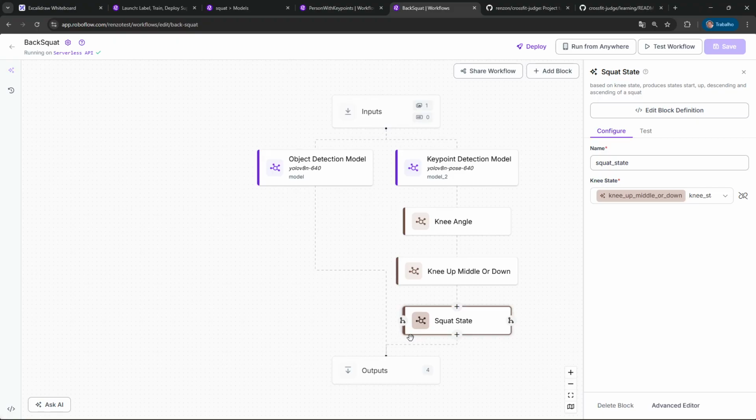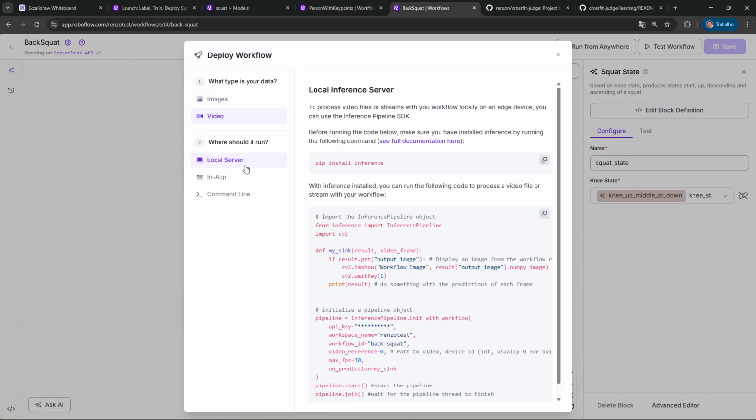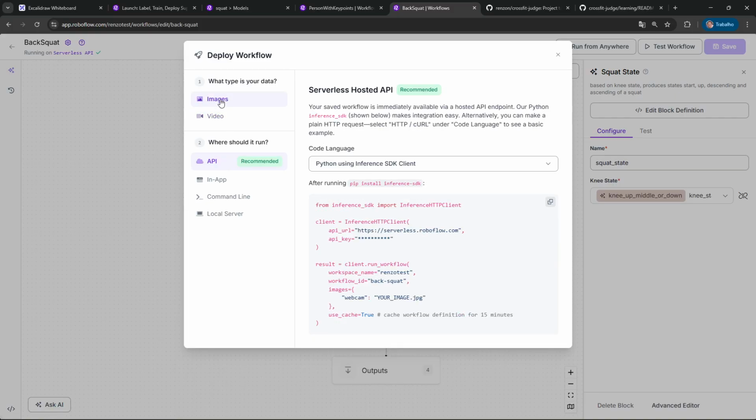But even if you check on deployment, you'll see that for images, you even have an API and you can host your service within Roboflow at this address. But if you go on videos, they don't have this option right now. It's experimental, the things with the video. So I had only the images if I wanted to use the Roboflow service.